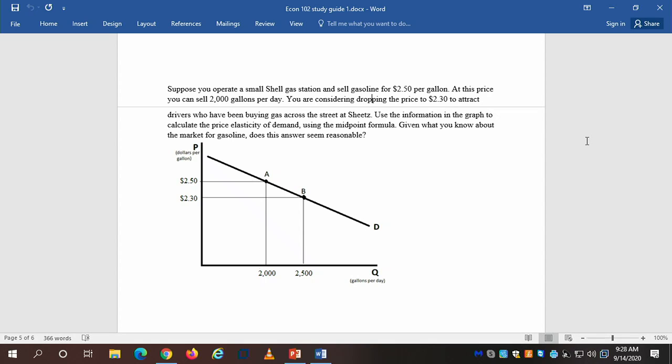Yeah, the value of the next most useful thing that you're giving up. So the cost of a good isn't just the money you lay out for it, it's what else you could have done with that money. So you're looking at alternate choices. That's because we face scarcity, there's only so many resources that we have to make these choices. So we have to give up stuff. We have to try to figure out what we want the most.